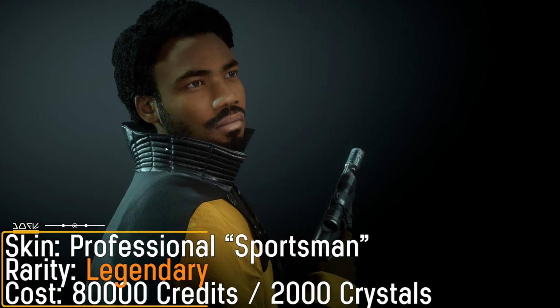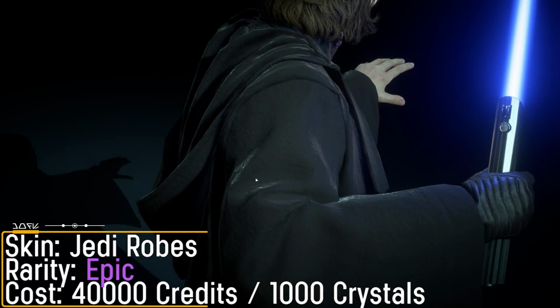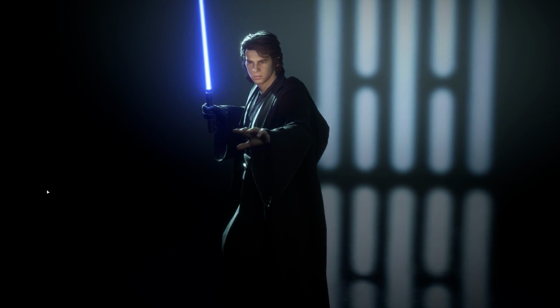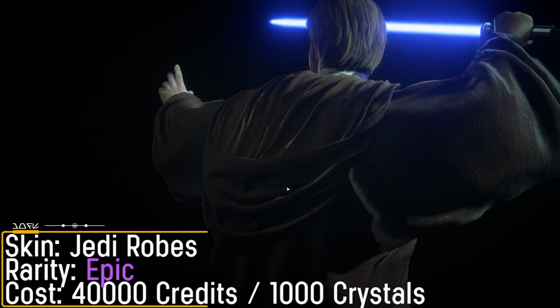This is just a personal preference of which skin I like the most. I like the Sportsman one more, and we also see a callback to it in The Rise of Skywalker. I love Anakin's Jedi robes appearance, but 40,000 credits, you could say, is a little bit too much. It does have some great cloth work to it, but I think 20,000 is probably a bit more suitable. Same goes for the Jedi robes appearance for Obi-Wan, but I do prefer how Obi-Wan looks wearing these Jedi robes